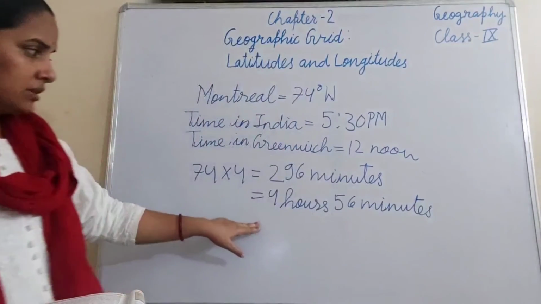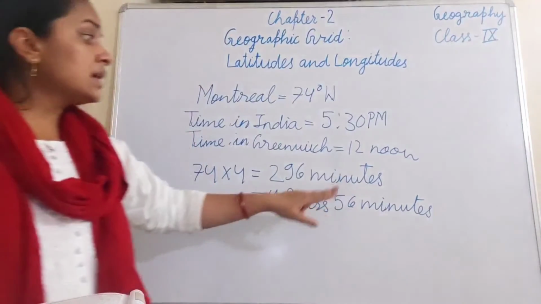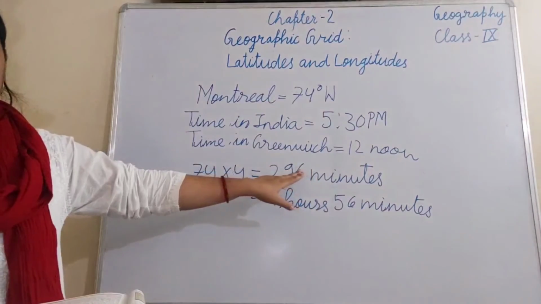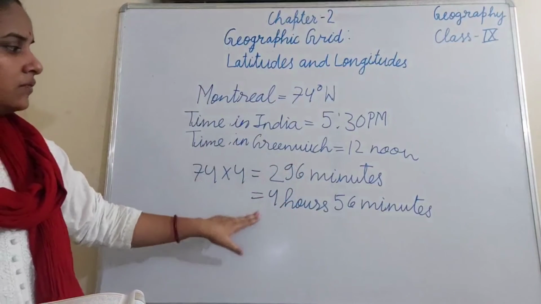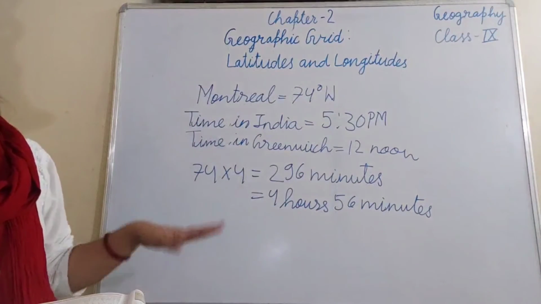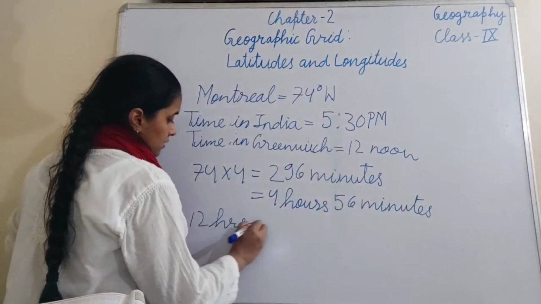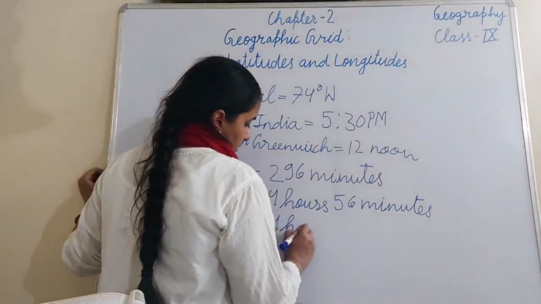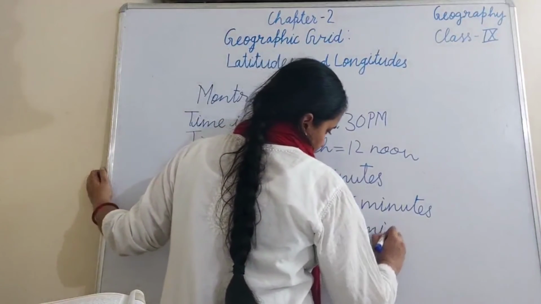And this difference of 4 hours and 56 minutes is from the Greenwich time. So when we subtract it from the 12 noon, or basically 12 hours minus 4 hours and 56 minutes,